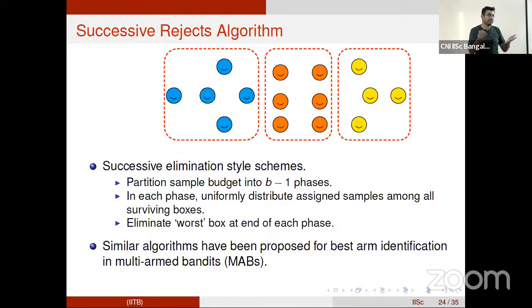And it turns out it is also optimal in some settings. This is again very much along the lines of what is done in the fixed budget setting for multi-arm bandits as well. There are other classes of algorithms. Here again you can think of essentially the score giving you a proxy for how likely this community is to be the largest one.